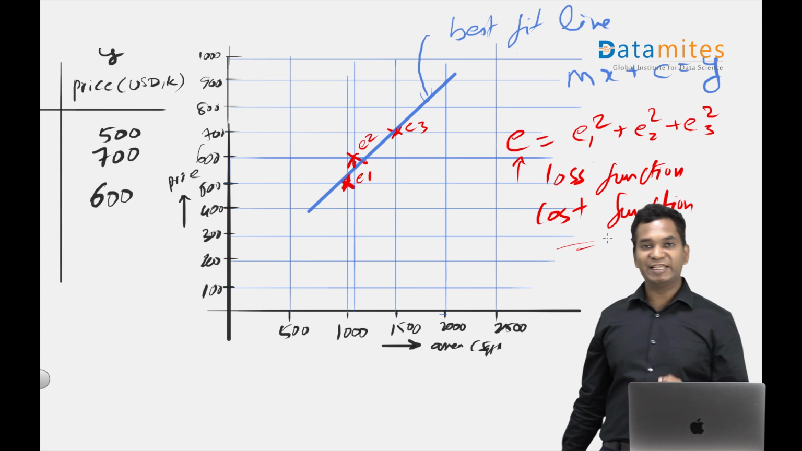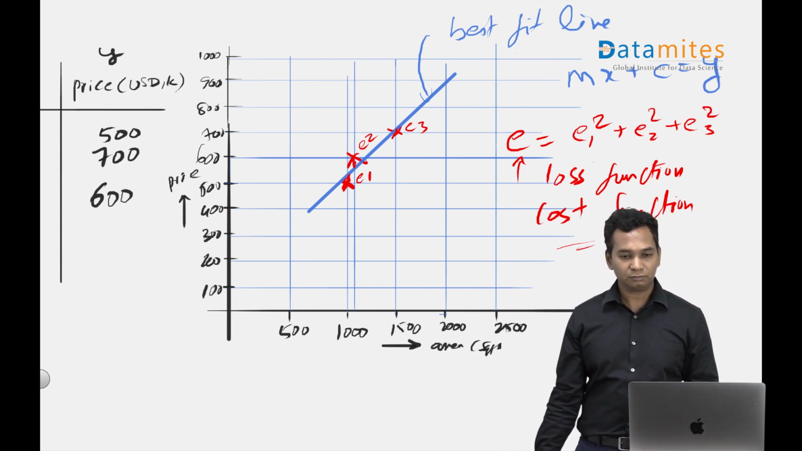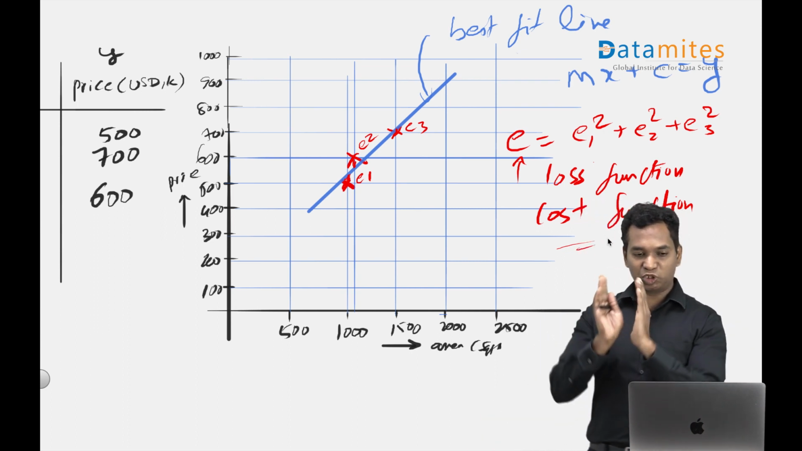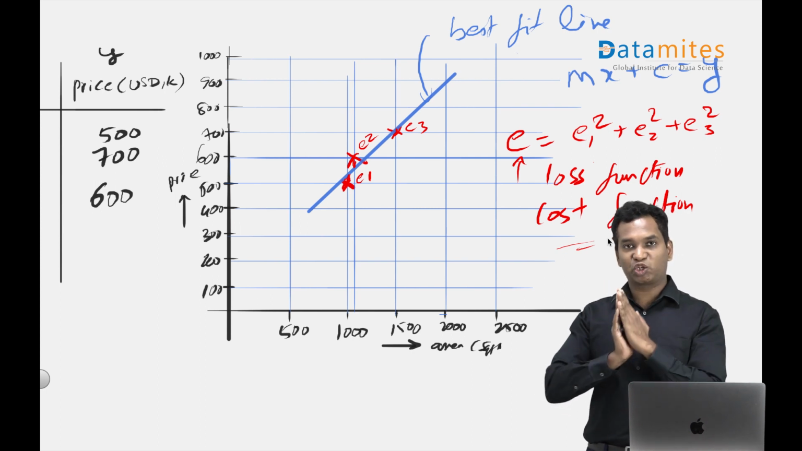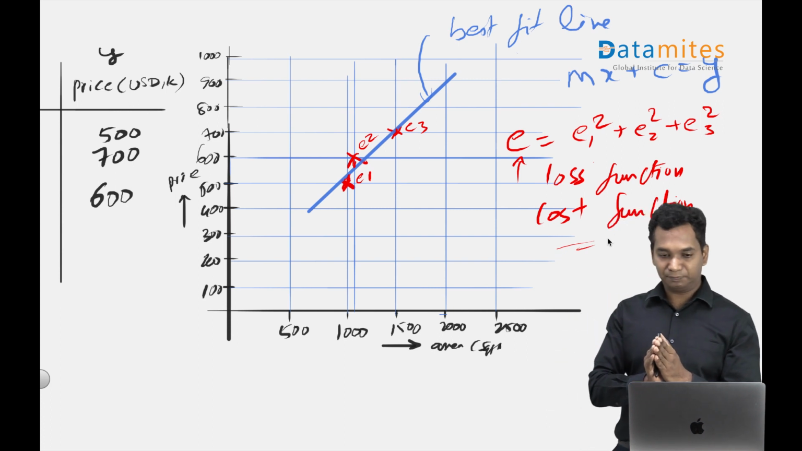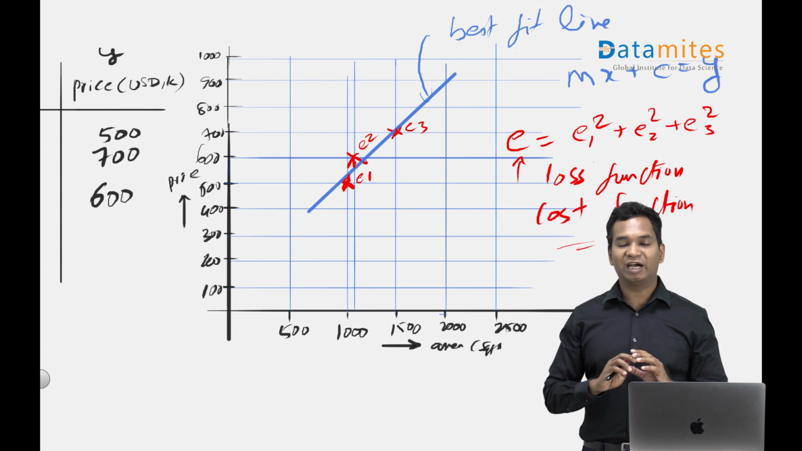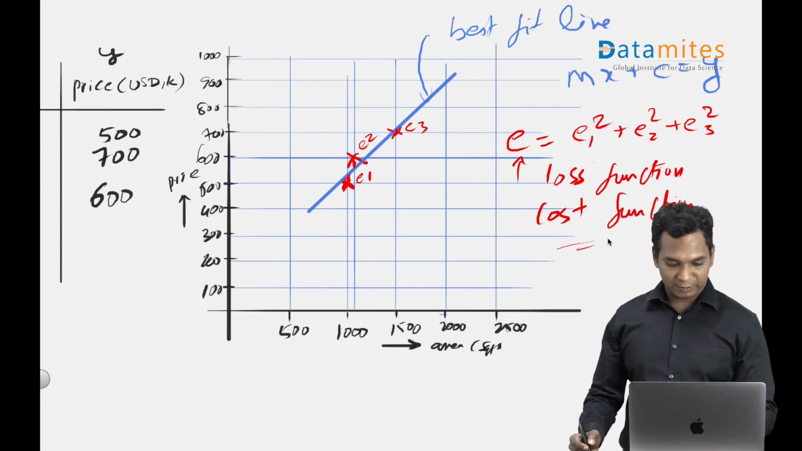The goal is to minimize this cost function. And for doing that, we should be tilting this line in such a way that the sum of the square of the errors is minimum. Okay. So if you look at it at a very high level, in simple boxes,